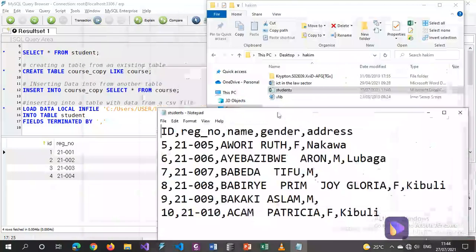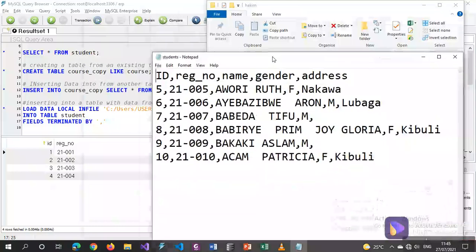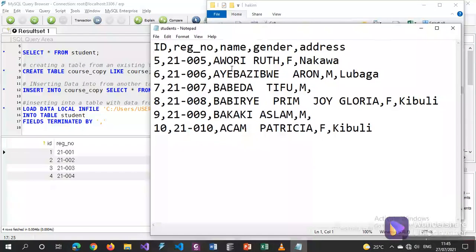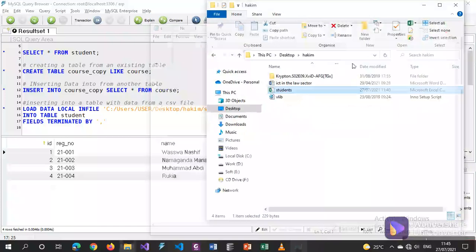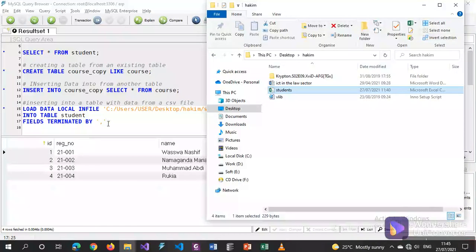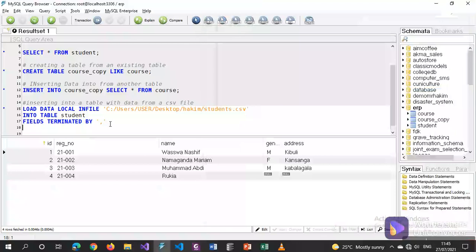Okay. So CSV can be opened by different applications. So when you open it in a Notepad, it comes with comma separated values. If you open it in Excel, each value comes in its own cell. But by default, it is a comma separated file. Okay, then the fields, we say again, they are enclosed. They are enclosed by